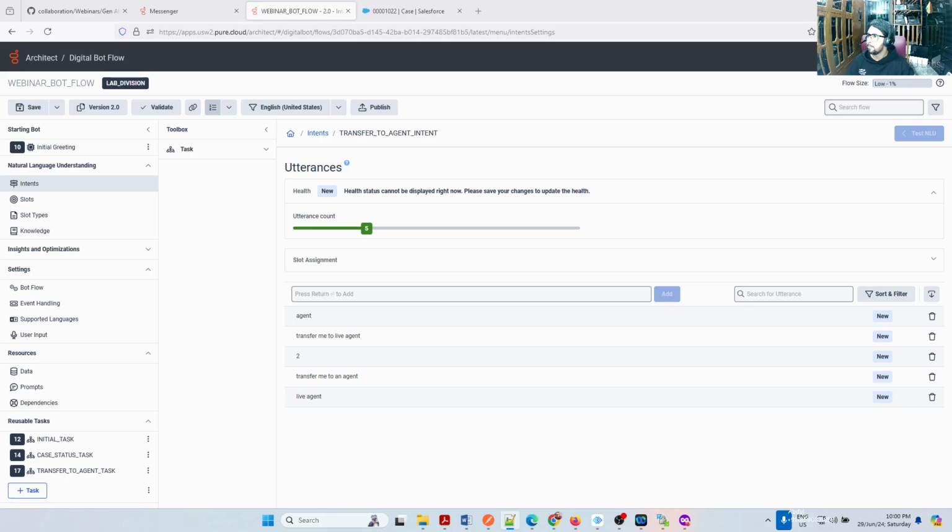One question. What is the maximum utterance count for one intent? I don't know the limit. I have seen thousands of intents there. We need to go and check the Genesys documentation about the intent limit. I don't think there is a limit. It's natural language, right? There will be thousands of possibilities. So you can keep on adding. It wouldn't stop, saying that okay, you can add only this many intent utterances.